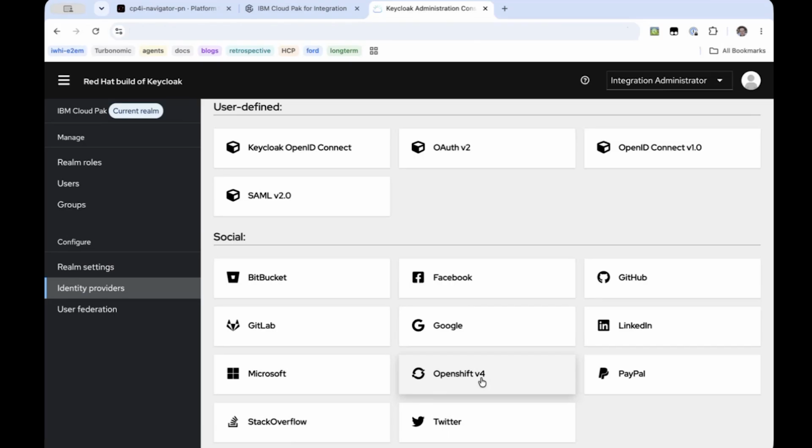That's it for the quick overview. In future videos, we will cover each external identity provider in more detail to help you integrate Cloud Pak for Integration with your enterprise